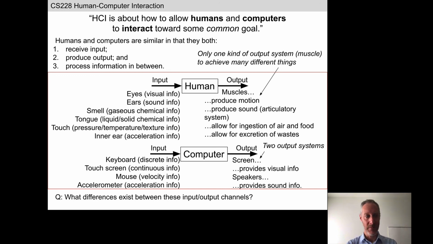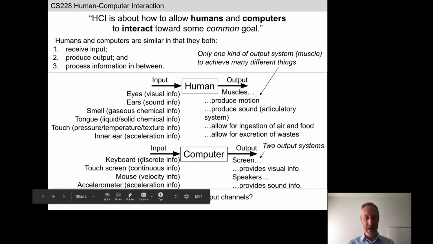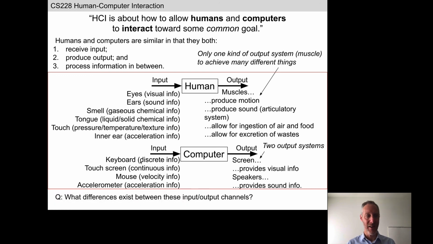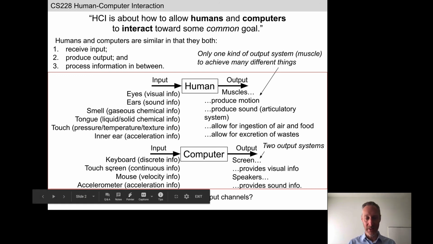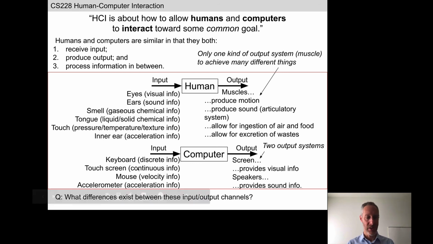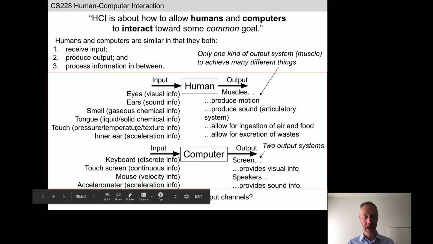This is an important one, right? Most of the information we type into a computer is digital. Either somebody pressed the return key or they didn't. Not the amount of pressure, although that is changing. Some touch screens can record the amount of pressure. Feedback rate, again, some of these input devices for computers are relatively slow, some quickly. Ability to repair, that's a good one, right? So luckily, most of our biological components are self-repairing, not so for computers.